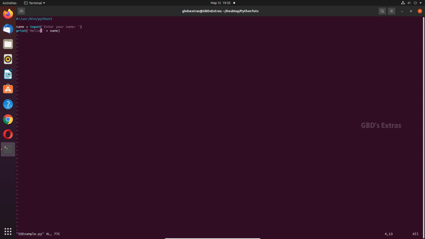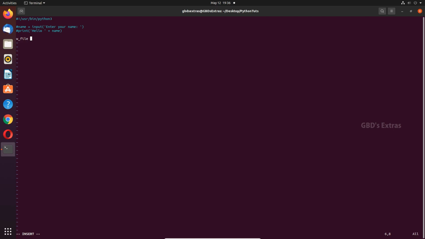So the next thing is, how do we read and write to a file? To read and write to a file, there are three steps to be done. First is we have to open the file. We have to mention the access mode in which we want to open the file, that is, whether we want to write or read or append. So we have to mention that access mode, and we have to do the operations. And at the last, we have to close the file.